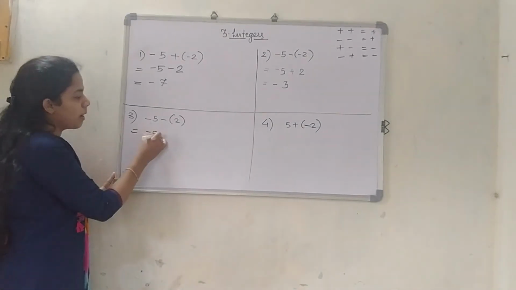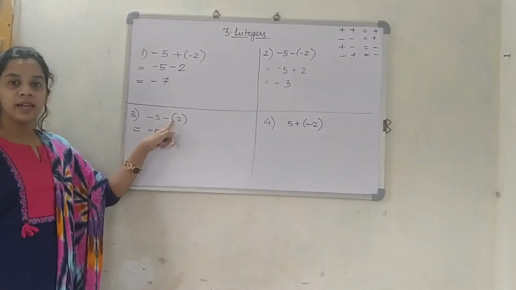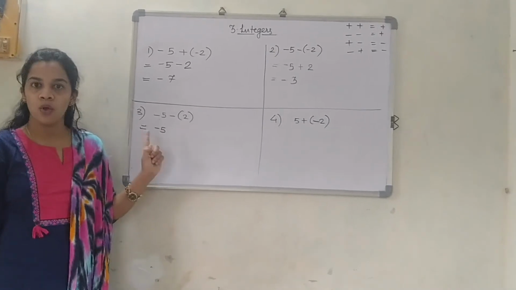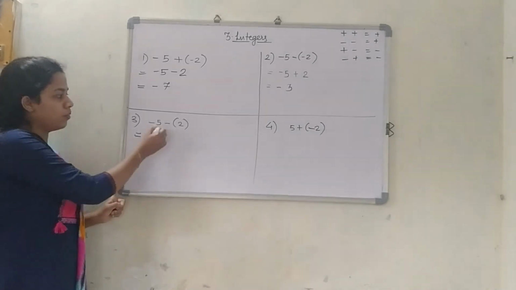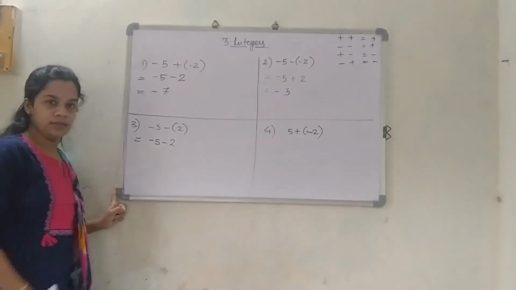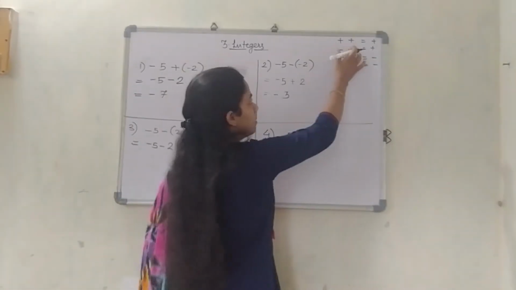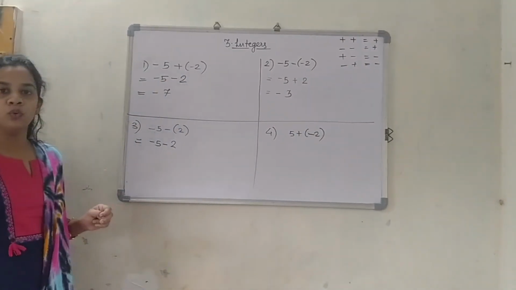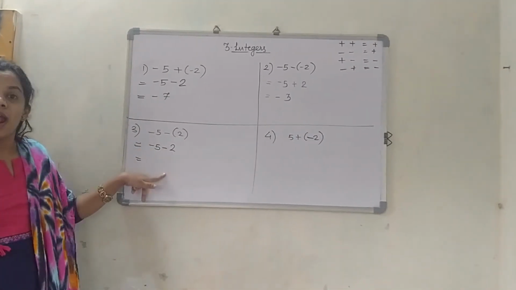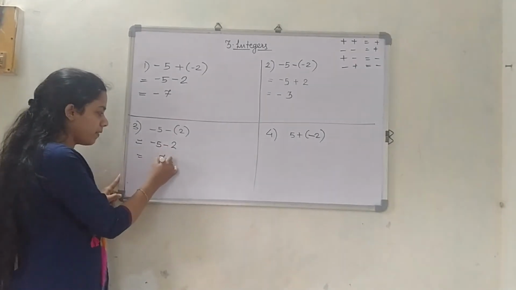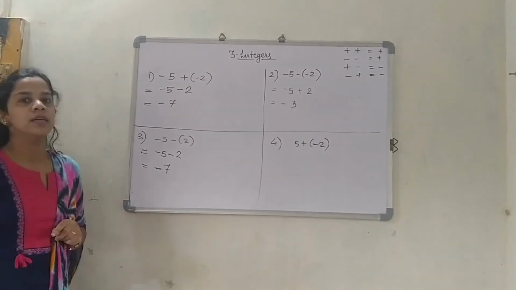As per rule, what do I do? Minus 5 as it is. Is there any sign present now for that 2 there? No. Right now there is no sign. Only one time you may see a minus sign. So I am going to write that one sign as it is and the 2 as it is. I have removed the bracket. Minus minus. What is minus minus? Plus. So I am going to add the two numbers, that is 5 plus 2. When two signs are same, you are going to add them. So 5 plus 2 is 7. The bigger number is having a minus sign, so I am going to give it minus 7.